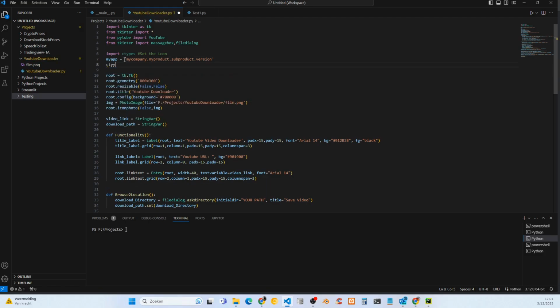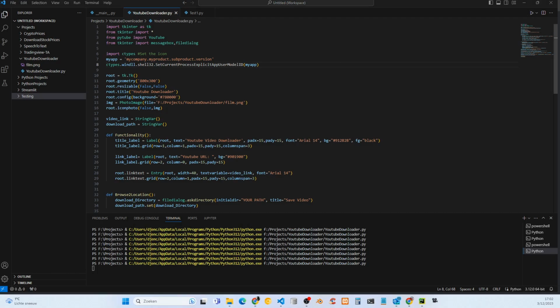And here we should write ctypes.windll.shell32.SetCurrentProcessExplicitAppUserModelID, and we have to pass in the variable my app. And now if we're gonna run the application,